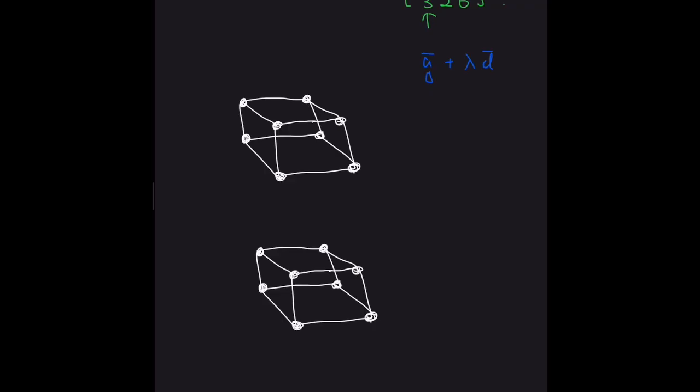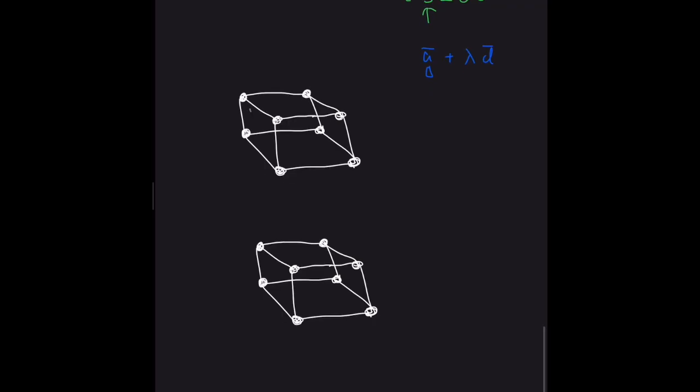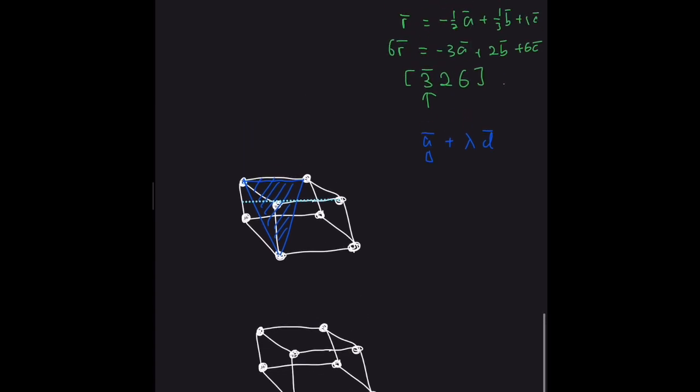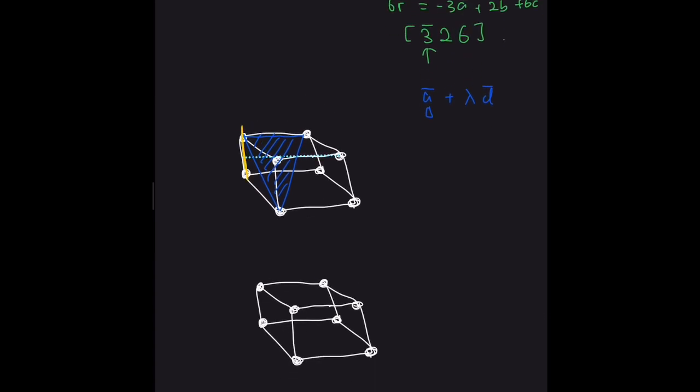So, for example, if you have this plane, how do we define its position within a unit cell? Well, the first thing to do again is to define an axis. So if you define your axis here,